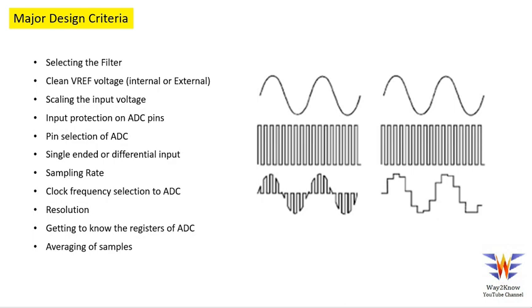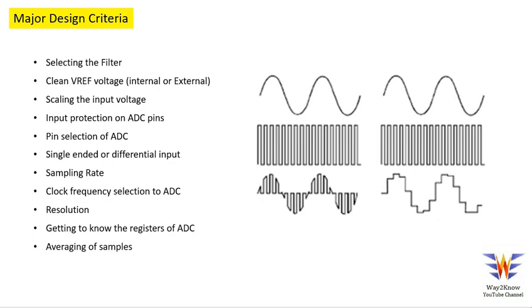And then the sampling rate. This is one of the important criteria in ADC. Sampling rate helps us improve the resolution as well. We have written a small article on our Embedded Design blog; you can have a look. The sampling can be varied as per our requirements, and we have to check our specific microcontroller for the maximum sampling rate that is required.